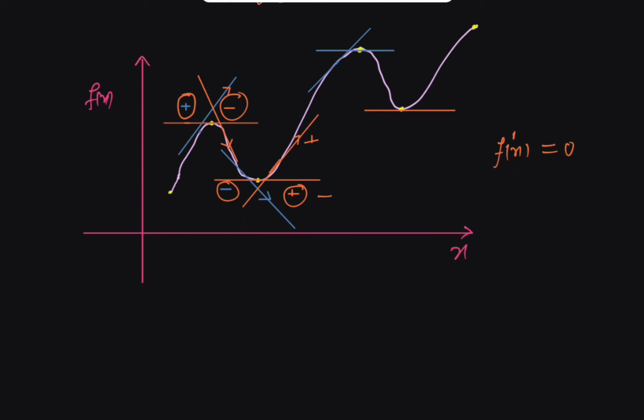Because the first derivative of a function tells us about the slope of the function. Now if we take the second derivative, the second derivative of the function will tell us about the rate at which the slope is changing. The first will tell us about the slope, and the second will tell us about the rate at which the slope is changing. So here the rate of change of slope is negative, because the final value is a minus value and the initial is positive. So here the change in slope is negative. Here the change in slope is positive, because the final number is positive and the initial number is negative.